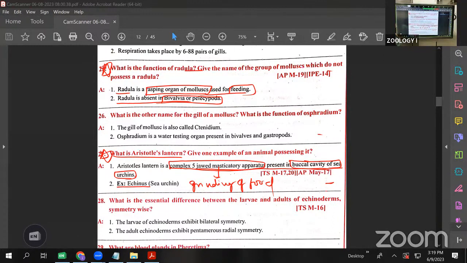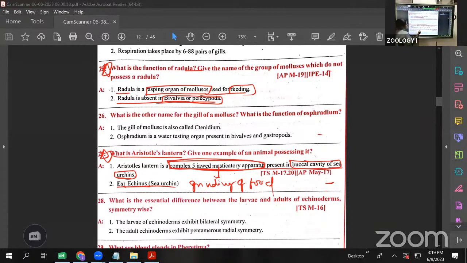Radula is the rasping structure, and it is absent in the bivalvia or pelecypoda. And the Aristotle lantern is the complex five-jawed masticatory apparatus helpful for grinding food, present in the buccal cavity of urchins. Example is sea urchin. Here, next one is